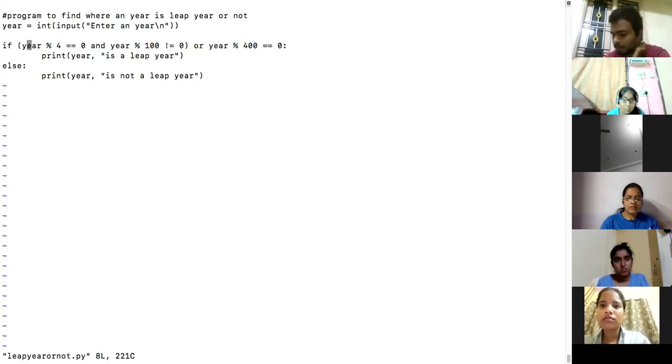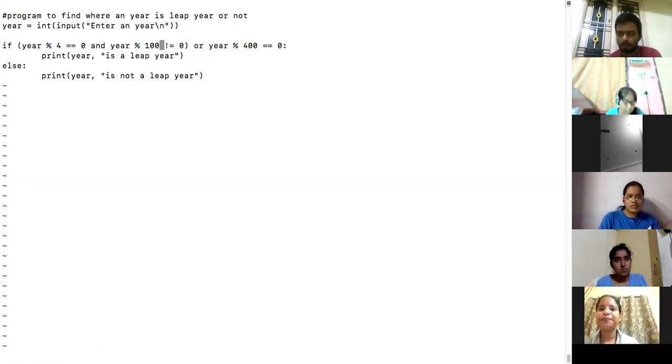And you see that I have grouped it. These two must definitely satisfy. Or if this does not satisfy, then the year must exactly divide by 400. That is how it is. Did you get that grouping? If I remove this grouping, the meaning changes. The whole thing changes. Either these two must definitely satisfy, or it should be like this. That is how it is.